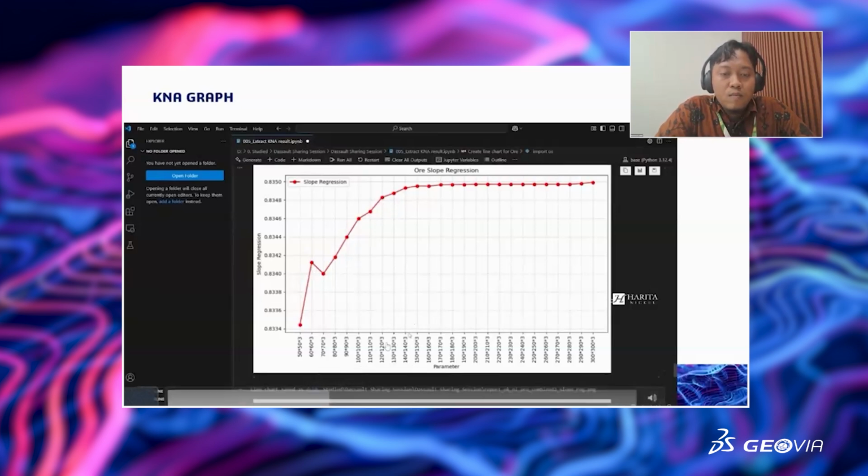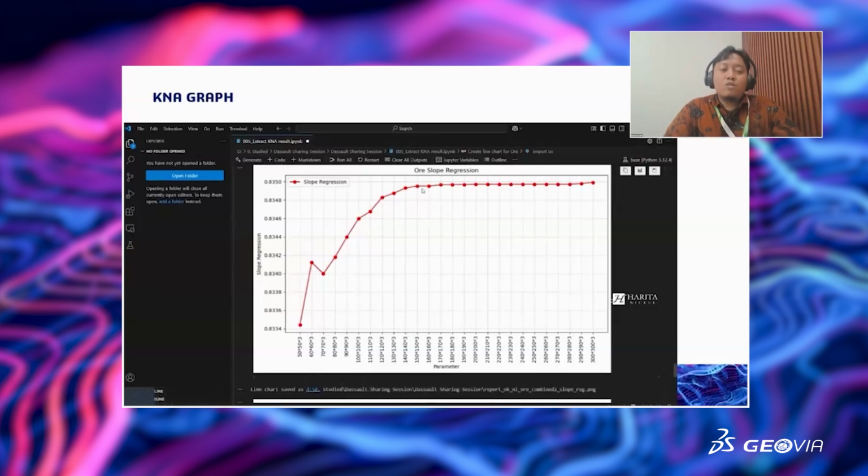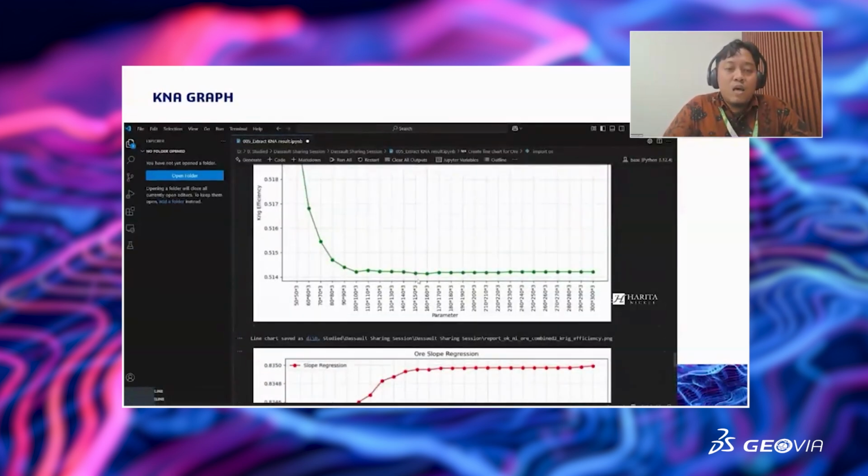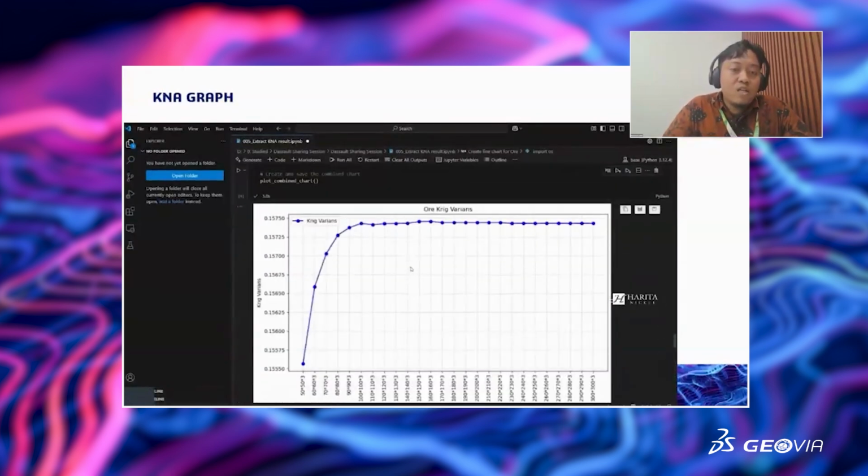So yeah, I think in this case I will choose 150 by 3 for the vertical distance. And for the kriging efficiency and kriging variance, it is already flat again.